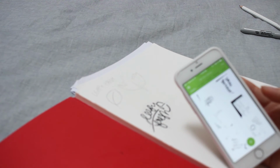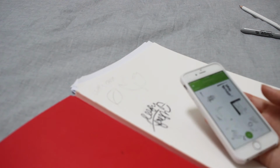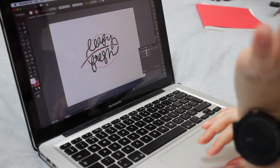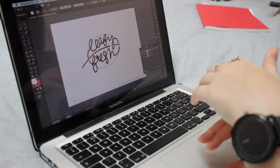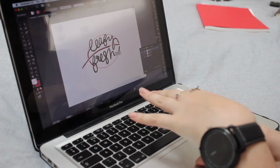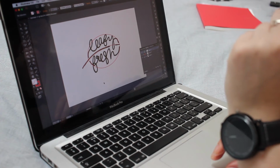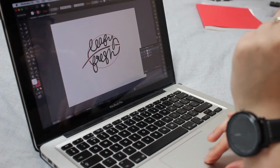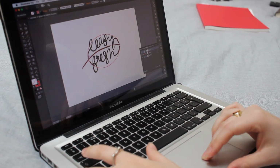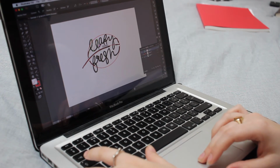And now that's in my Creative Cloud library, and I can just open up Illustrator and it'll just be there. Okay, so hopefully you can see this. Sorry if there's a glare from the skylight, but I've brought my drawing into Illustrator and I've locked it as a layer, and then I've made another layer which has given me a leaf outline to work to. And now on a new layer, I'm going to start using the pen tool and plotting out some points